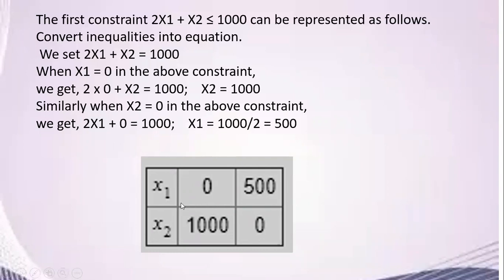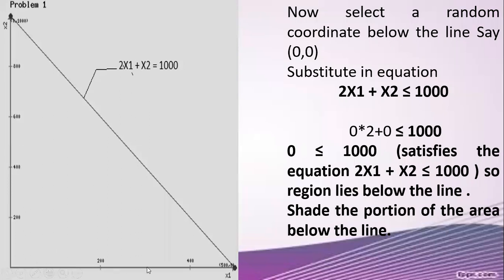Using this, now I'll plot the graph, that is x1 along the x direction and x2 along the y direction. I have taken a suitable scale. On the x1 axis, I have taken 200, 1 centimeter is 200. On the y axis scale also, I have taken 1 centimeter equal to 200. Now, what are the coordinates?